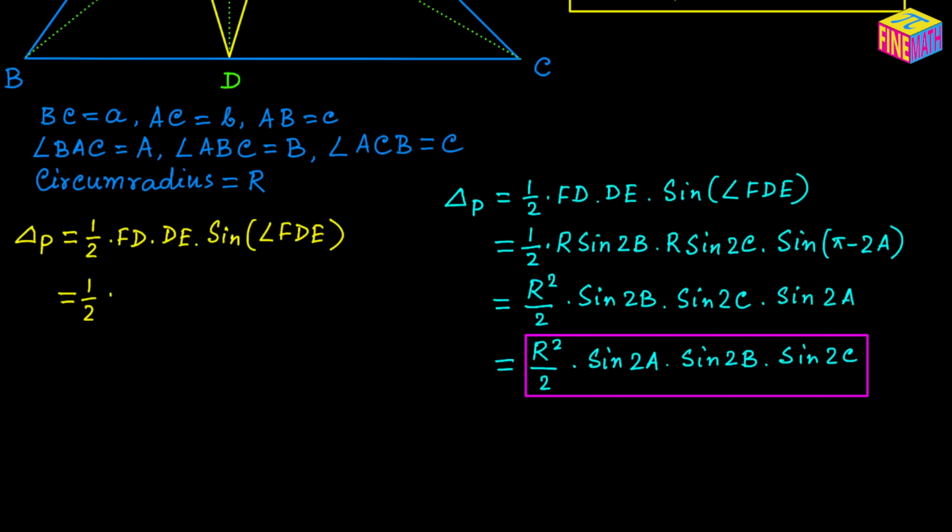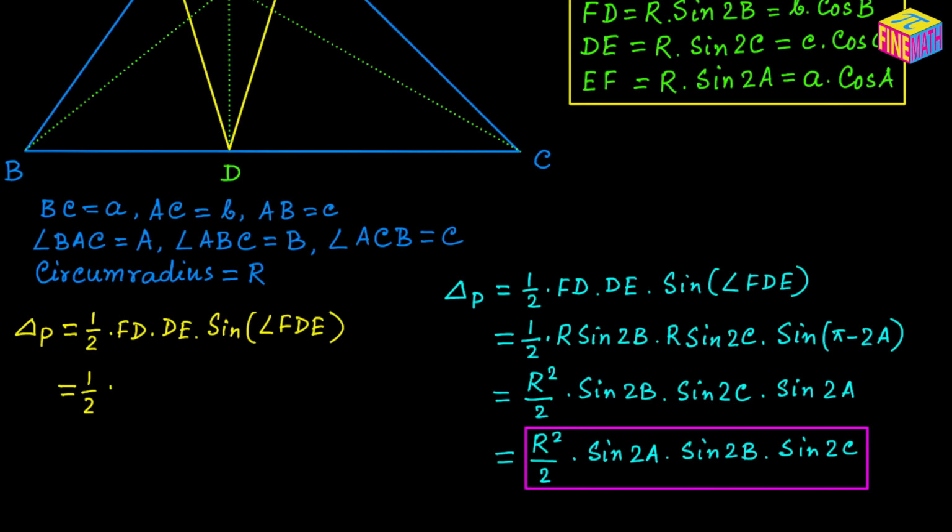Well, if we scroll up a little bit, we are going to see that FD is actually B times cosine of B. So we can say this is actually B times cosine of B, and DE is actually C times cosine of C, times we have sine of this angle, which is actually pi minus 2A. And from here, can we write it like this? We can say this is equal to B times C over 2, so that would be BC over 2 times cosine of B